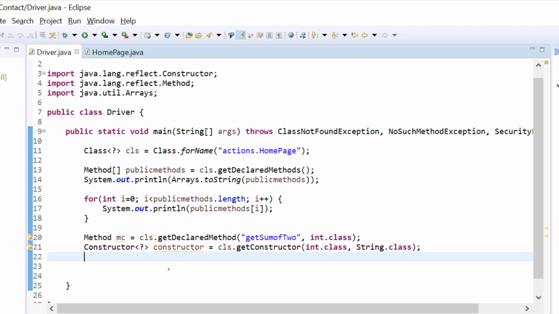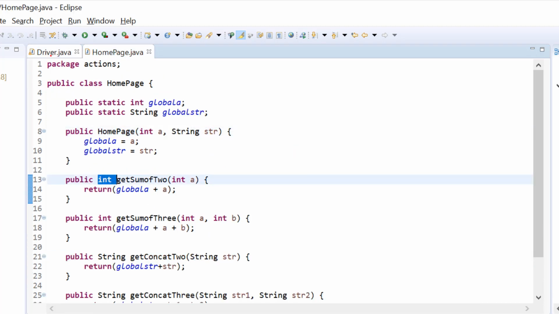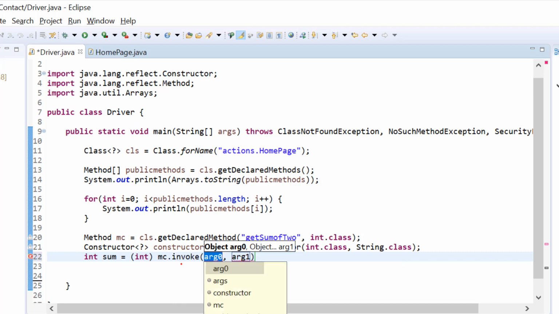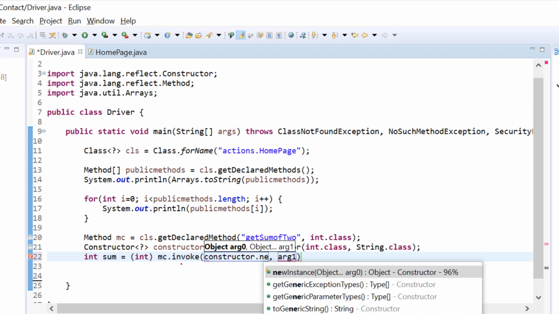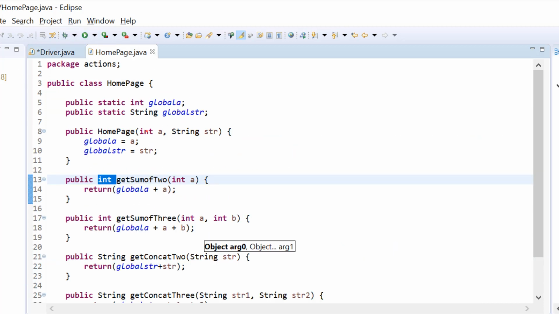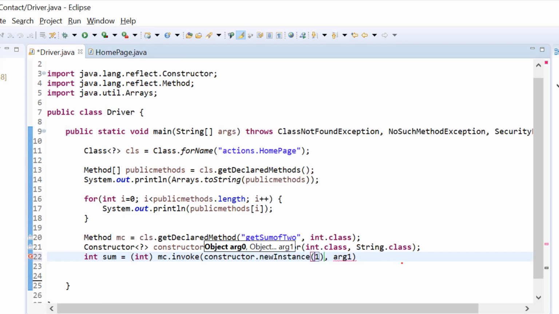Now we have to call the method. For calling the method, we have the invoke method, and since this method is returning an integer, we need to create a new integer value to capture the return value. So int sum equals, then we have to cast it to integer type, and then use the invoke method. So mc.invoke, and it is taking two arguments. The first argument, we have to call the constructor here. For that we have the newInstance method. So constructor.newInstance, and we have to pass the actual values for the constructor. The first value is an integer. If you see this one, it is taking an integer and a string. So I will say 1,